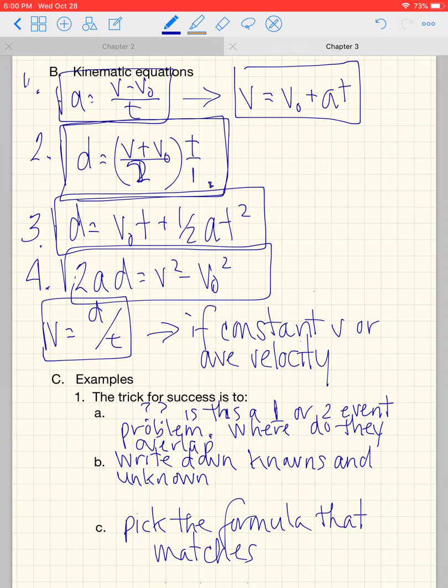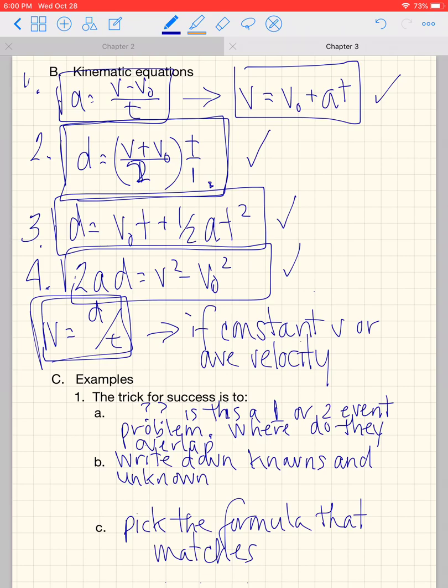For example, I can use this equation if I don't know anything about d. This equation eliminates the need for acceleration. This one, the need for v final. This one, the need for time, and this one is great, but you can only use it if you have constant or average velocity. All right, now the trick for success to these problems,